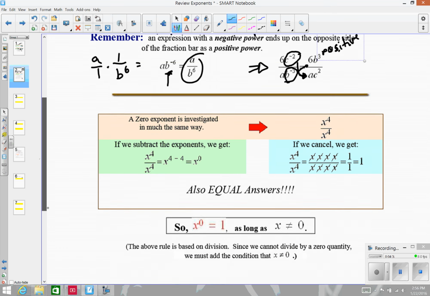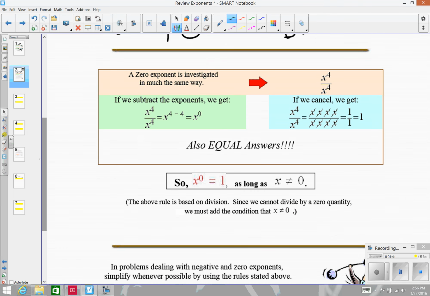Alright, so let's go ahead now and look at our next example, which defines what happens if we have something to the 0 power. If I have, in this example, x to the 4th over x to the 4th, we know that if I have the same numerator, same denominator, this is really equal to 1. But if I use my rules of exponents and I take my numerator exponent and subtract the denominator exponent, I get x to the 4 minus 4, or x to the 0, which we know equals 1. As shown here, if we write all of our x's out in the numerator and denominator, and